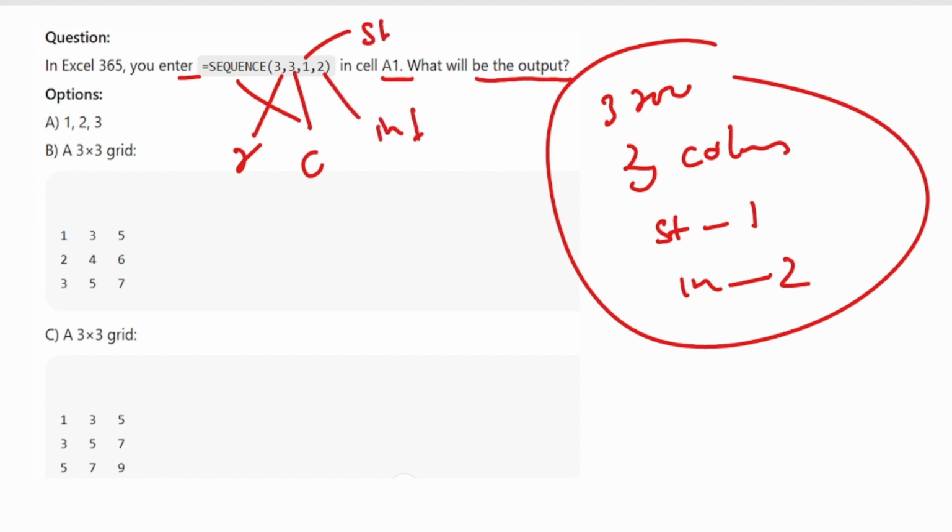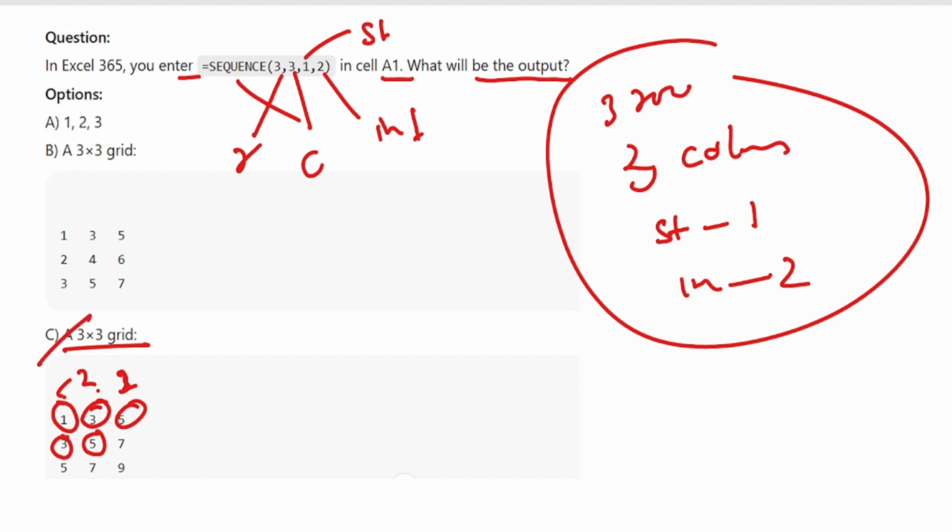So the correct output here is this one, because 3 by 3 and it starts with 1 and increments by 2. 1, after incrementing by 2 we get 3. After incrementing by 2 again, we get 5. And so on. So option C is the correct one.